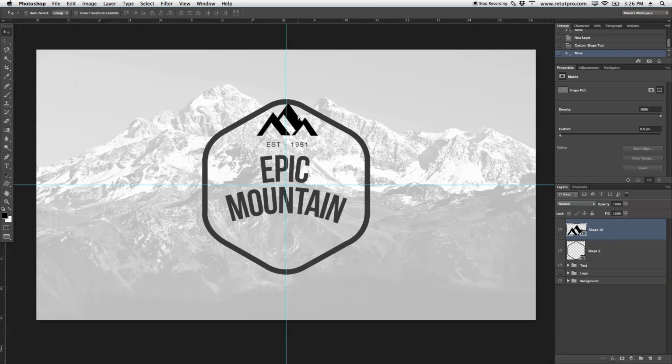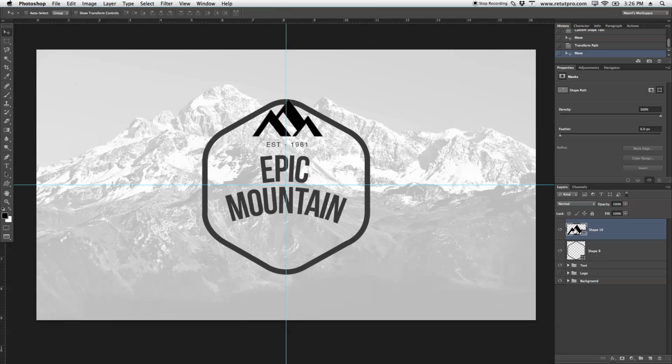So again, press Command T, so you get into the transform mode. Now keep on holding shift, go to the little anchor point here in the corner, and just drag this a little bit bigger. Don't worry about the resolution, it's going to stay the same and high quality because it's a nice shape here with some awesome paths. Okay, I'm going to accept it, move it a little bit with my cursors into the center,